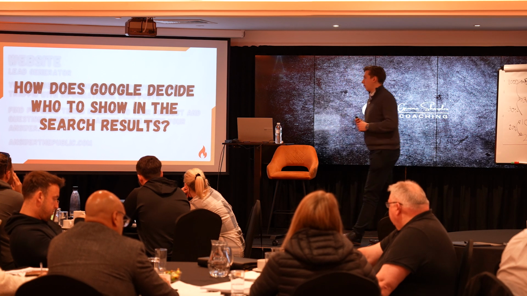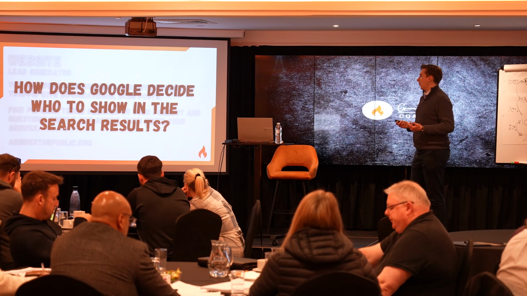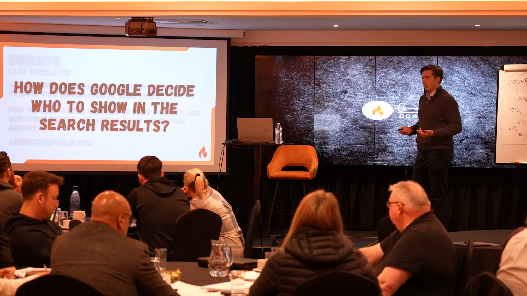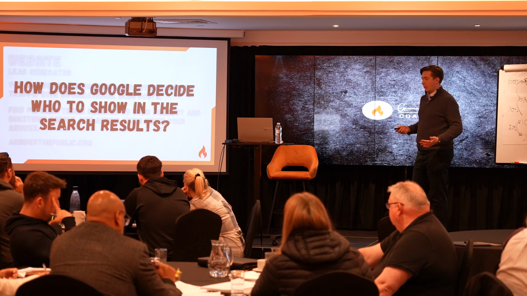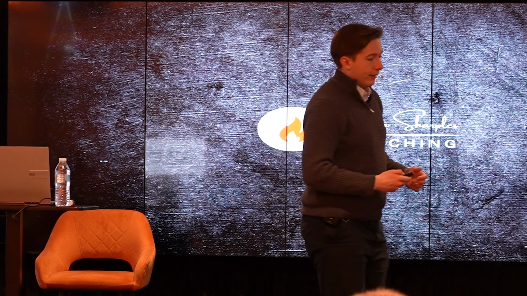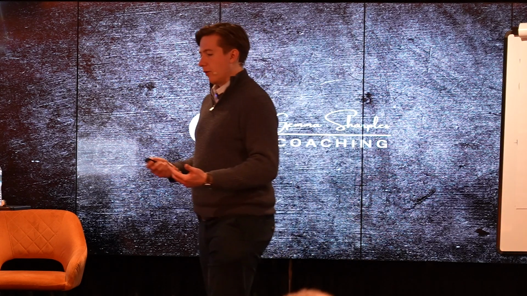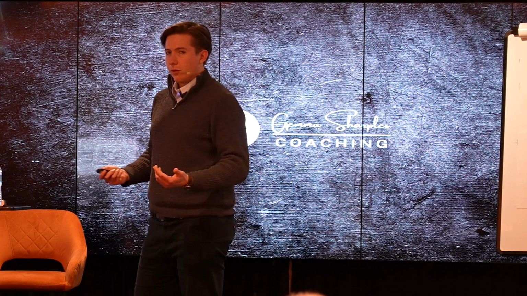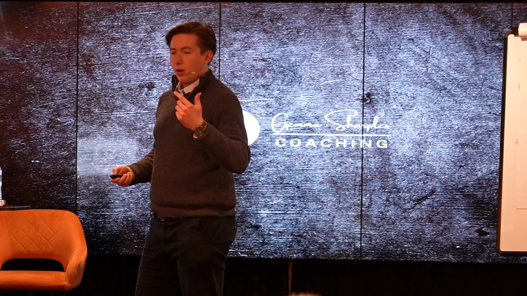And then this is just a thing to touch on: how does Google decide who to show when someone types in a search? So why do some results appear at the top or the bottom? There's a couple of reasons. No one knows the exact way they work it out, apart from Google. But there's a few things that can help you push your own site up in the ranking. And there's a few search terms you'll never be able to get to the top of Google for, just because they're very competitive, and there'll be sites that have been in business for decades right at the top.